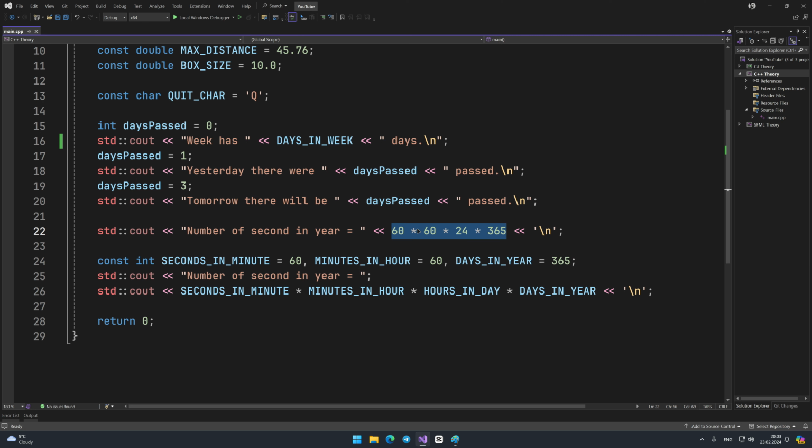The first number is the number of seconds in a minute, the second is the number of minutes in an hour, the third is the number of hours in a day, and the fourth, the number of days in a year. But you might not know about it. All these values are magic. They have definitions or goals, and accordingly, they could be given a name. Magic values are generally avoided in programming because programmers must spend extra time understanding the code that uses them.